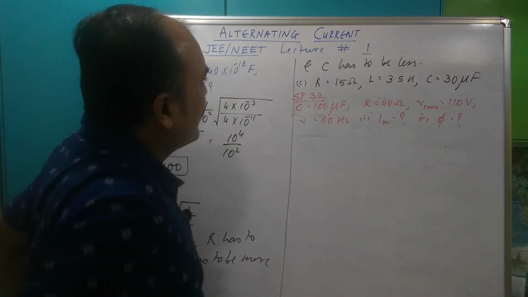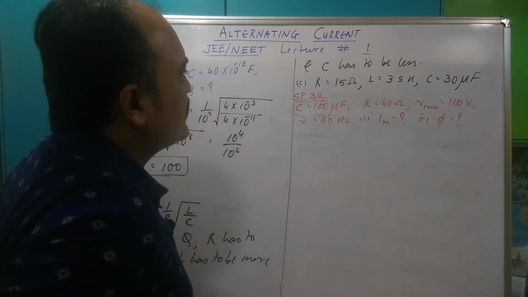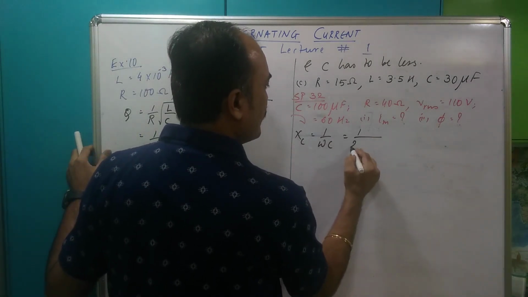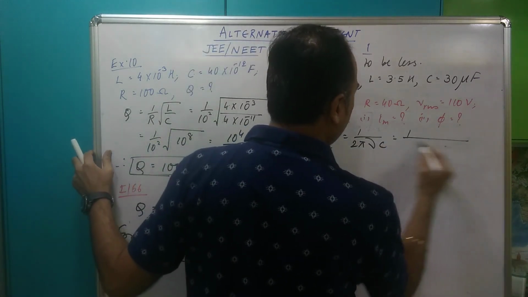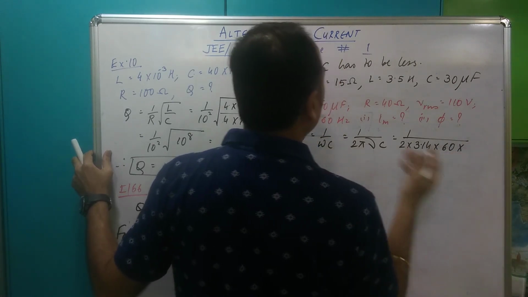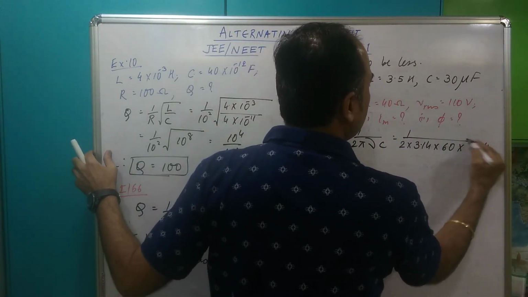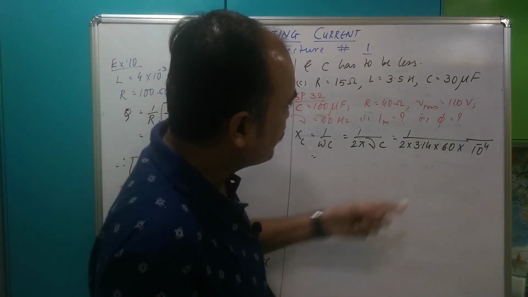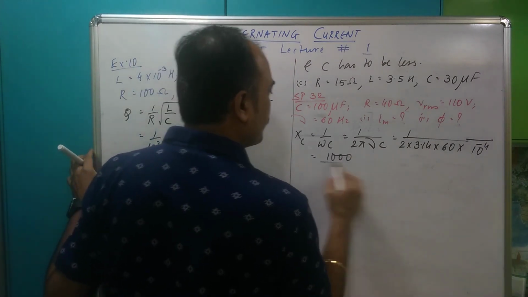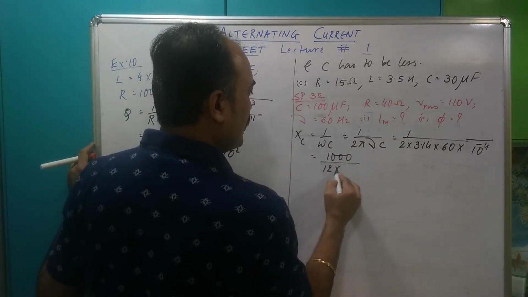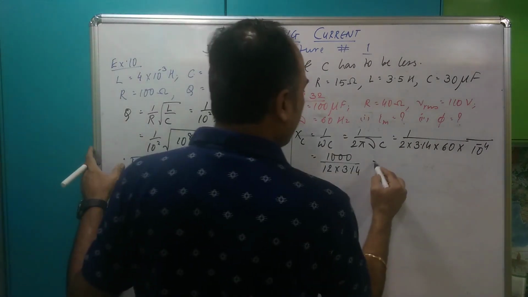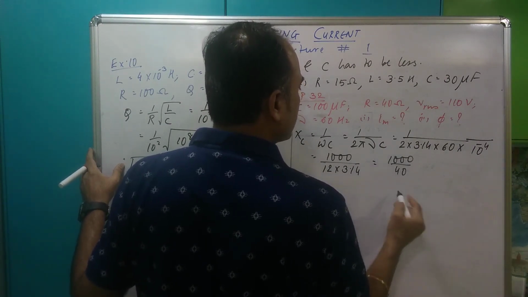Okay doki. Pehle to X_C, let us find out capacitive reactance. X_C, ye sab likha padhi baad mein kar sakte hain. 1/ωC is 1/2πνC, this is a fix. 2 into 3.14 into 60 into 100 micro, that's 100 into 10⁻⁶, that's 10⁻⁴. Okay what do we have? 60 and -4 that's -3, -3 upar chadh jayega, 1000 over 6 2s are 12, 12 into 3.14, that's kareeban 40. I'll take it kareeban 40, I don't want to fall into technical issues. 25 kareeban.